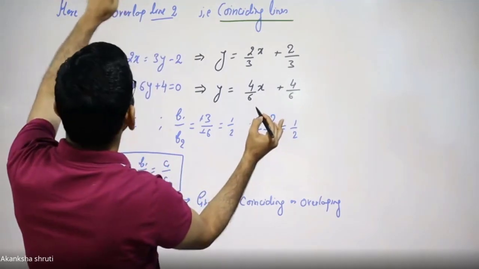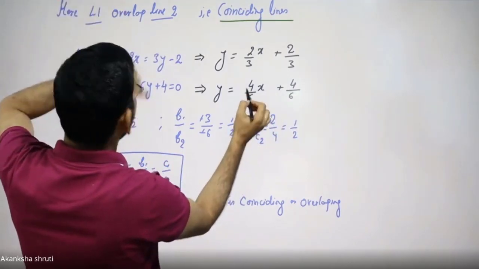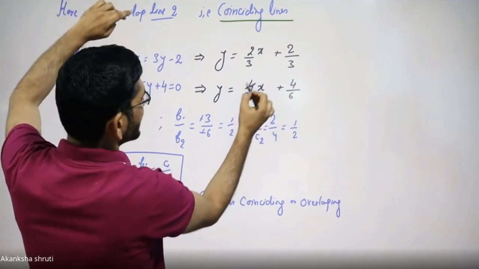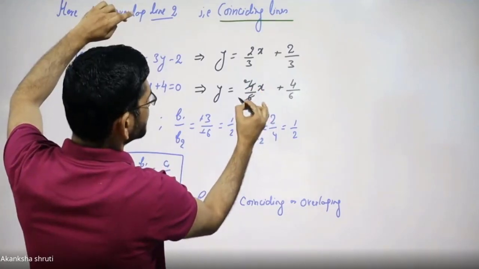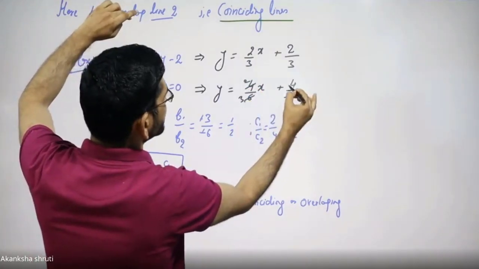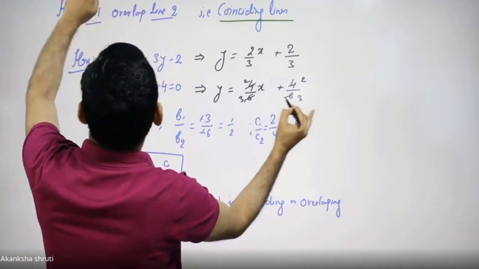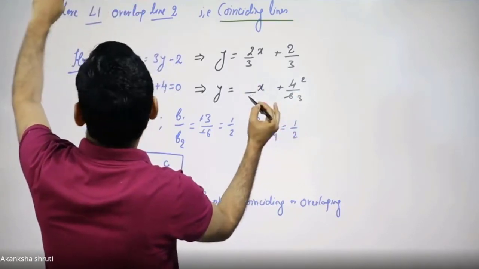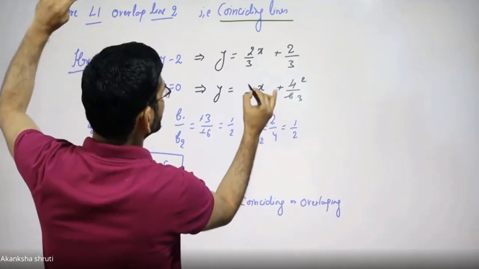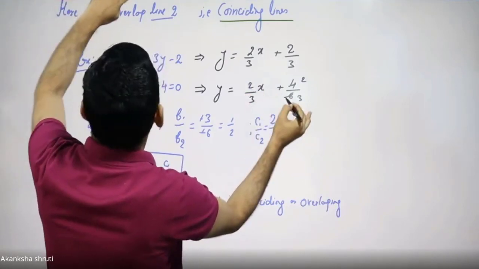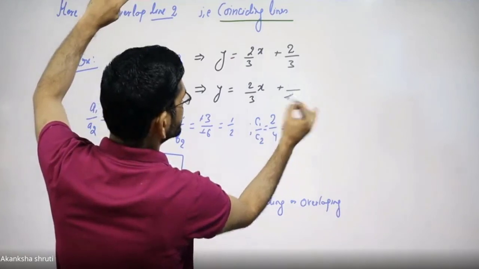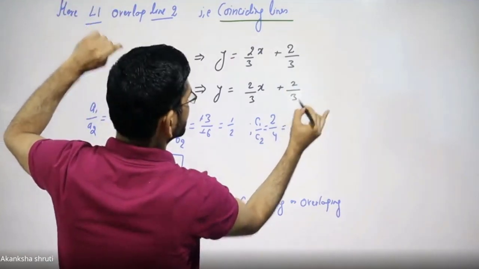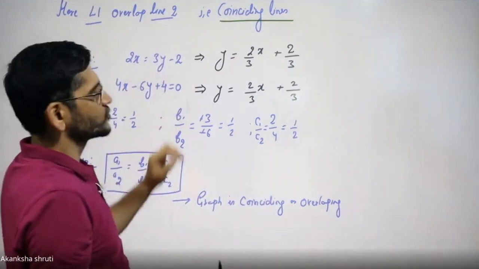Here the common factor in this 4 and 6 can be cancelled. It becomes 2, it becomes 3, also it becomes 2, it becomes 3. So let me write in that form directly. So here it has become 2 by 3. Here this is also 2 by 3. What are we observing in these two cases?